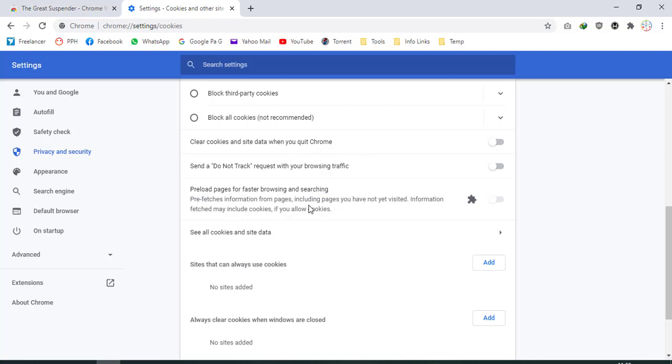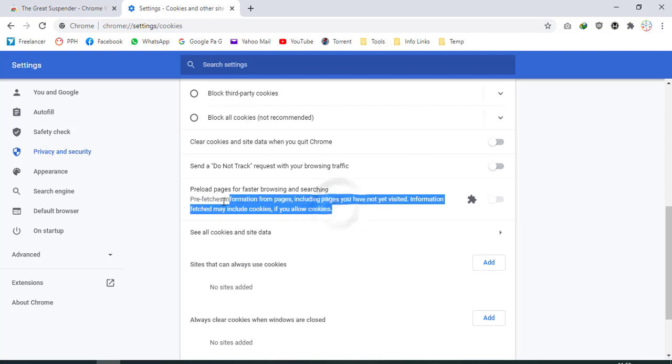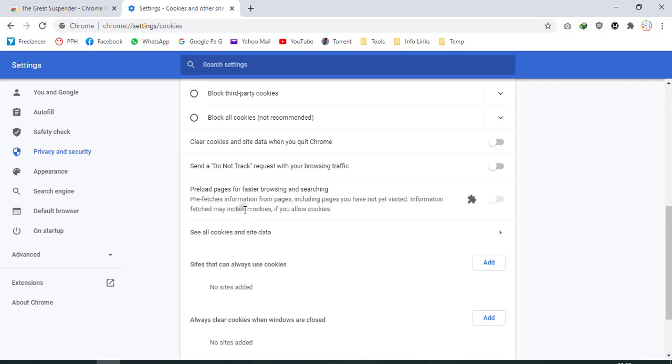Currently this setting is disabled in my browser, but you can simply click on the right side to enable it. This is just a Chrome setting, it is not an extension. If you enable it, it will preload your pages and open those very fast.